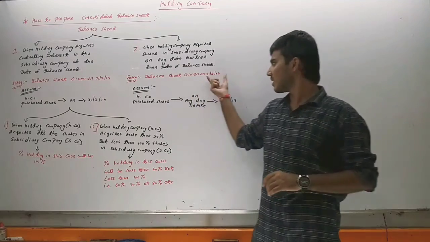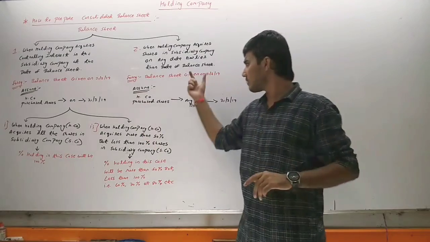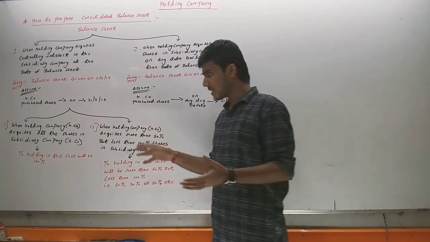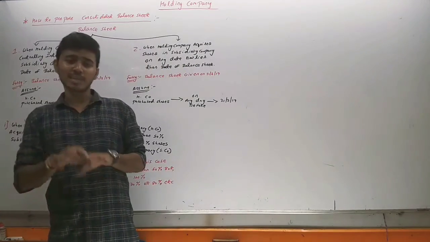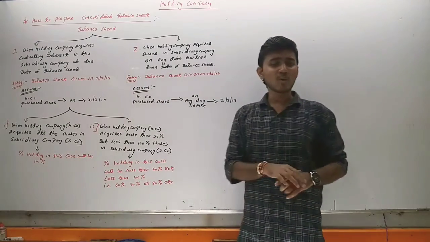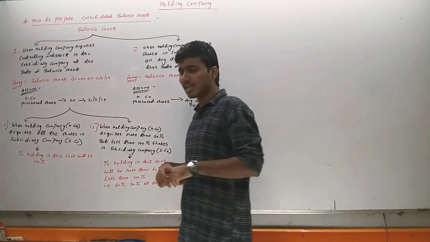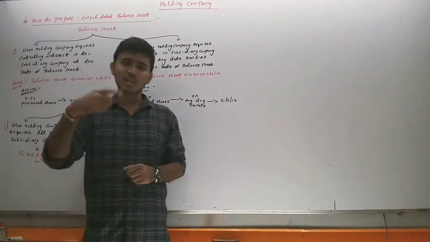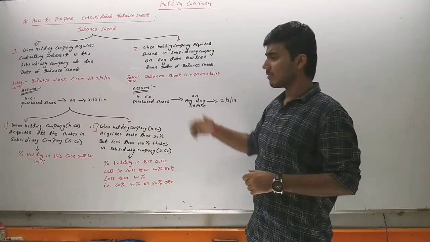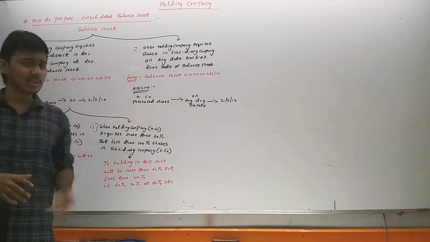Meaning, if the balance sheet date is 31st March 2019, if H company purchases shares on any day before 31st March 2019, it will come in this case. Case 1 is divided in two parts. First part is the holding company purchases all the shares of the subsidiary company. In that case, percentage holding will be 100%. And case 1 second part is that the holding company has purchased more than 50% shares of the subsidiary company but less than 100%. In that case, percentage holding will be more than 50% and less than 100%. So you can copy this. Further we will see after this. First you will copy this, that how many cases we can see in the balance sheet in the question.